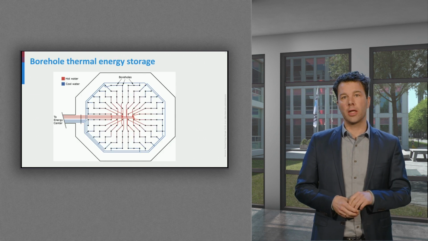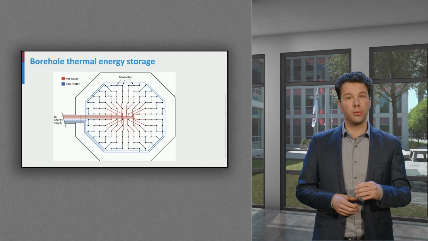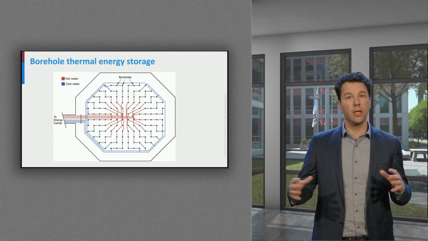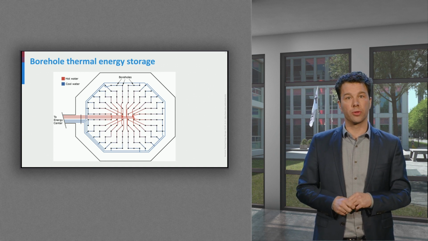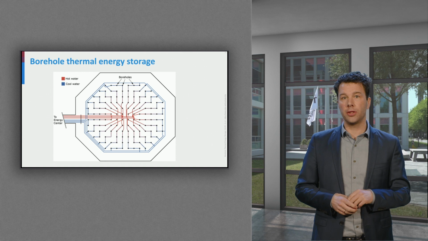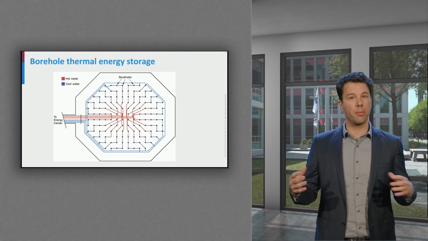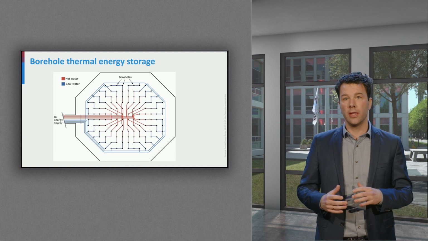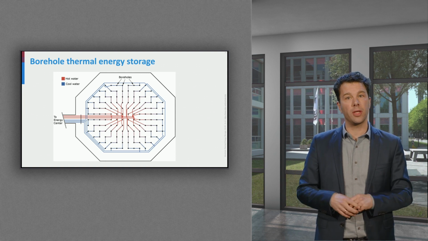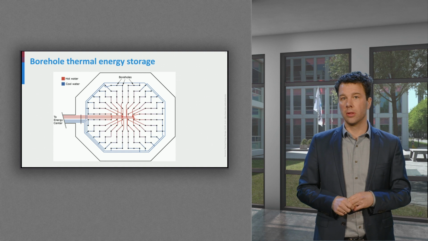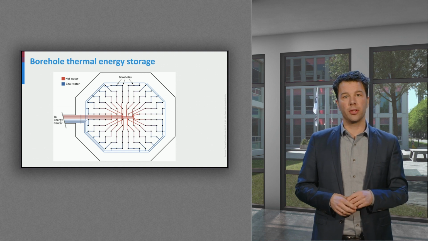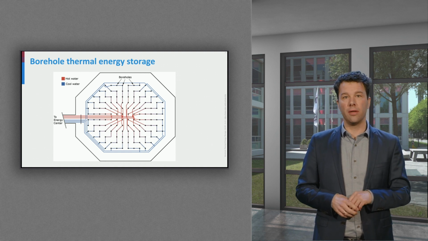Typically, large heat storage systems using borehole heat exchangers are clusterings of many boreholes. The example on the slide shows the top view of such a system, where the boreholes are connected in such a way that the highest temperatures are in the middle of the borehole field and separated from the ambient subsurface temperature by the outer ones. This promotes the extraction of high temperatures when delivering heat from it.